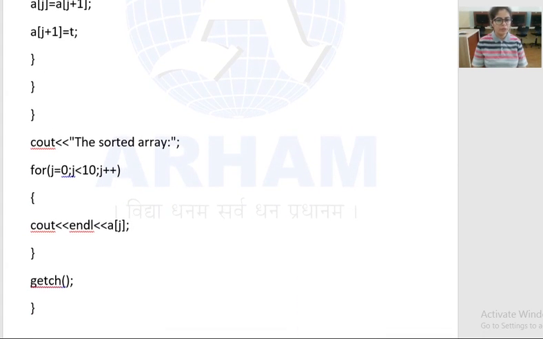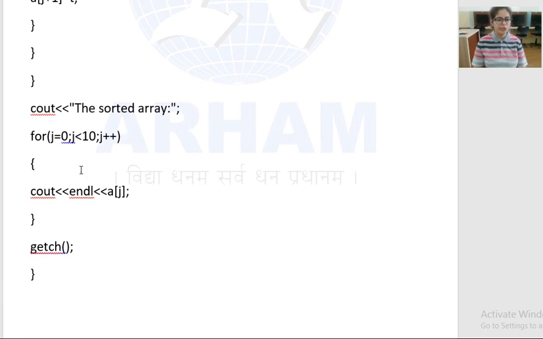So we want to print the value of j. For this you have to apply the for loop with the variable whose value you want to print: for j equals 0, j less than 10, j plus plus. Now, whenever you want to print, you have to write the name of the array.